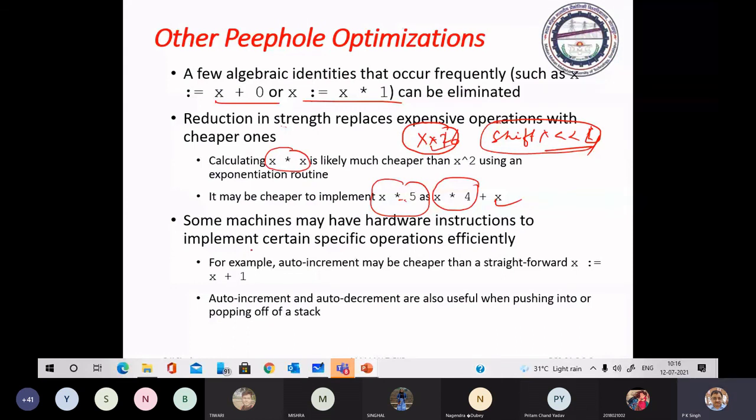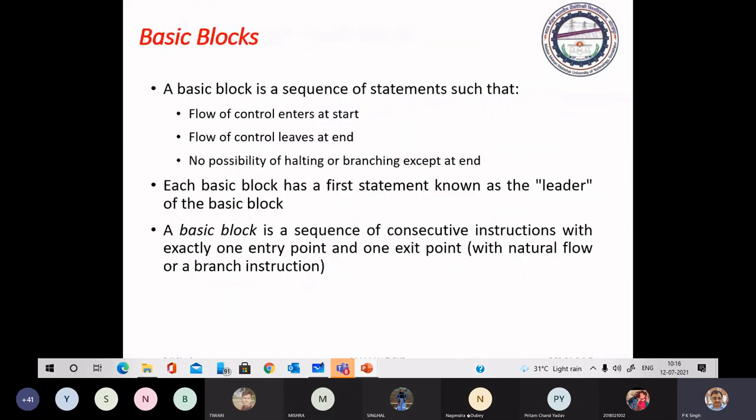I have told you increment, auto increment and auto decrement. Now see, this is about peephole optimization.